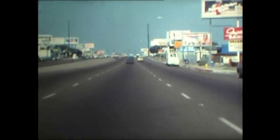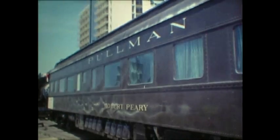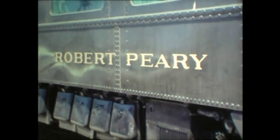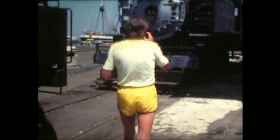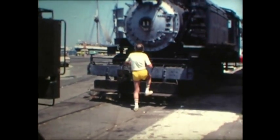No West Coast port could be more maritime than San Diego, so it was to the harbour that we first went. The Pullman coach that was used by Franklin D. Roosevelt on one of his whistle-stop election campaigns is by the waterside with some steam locomotives of the same era. Say what you like about the Americans, but the world will one day thank them for their mania for restoration